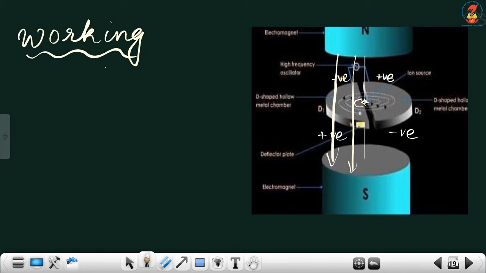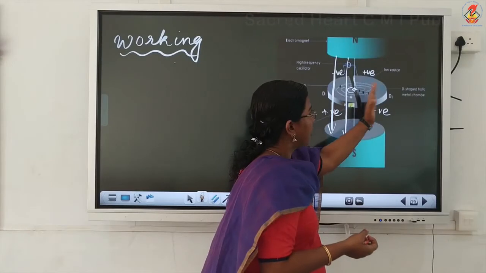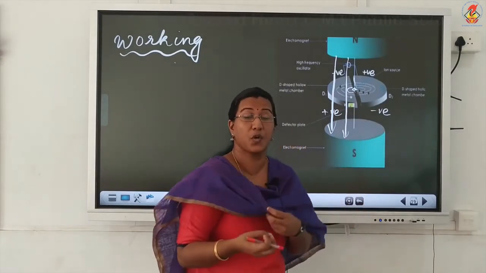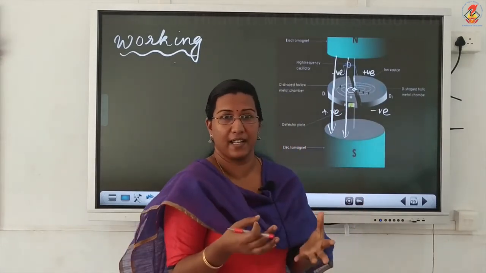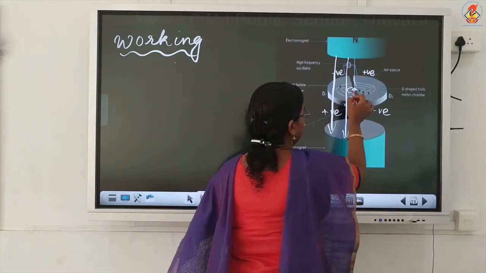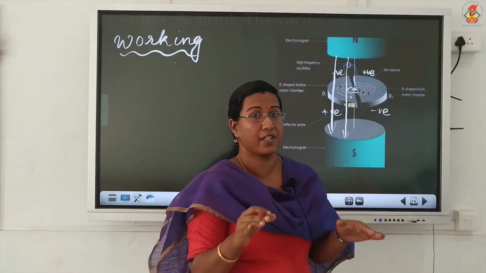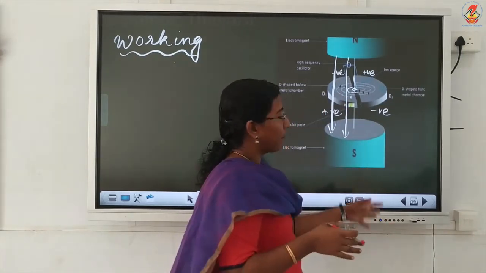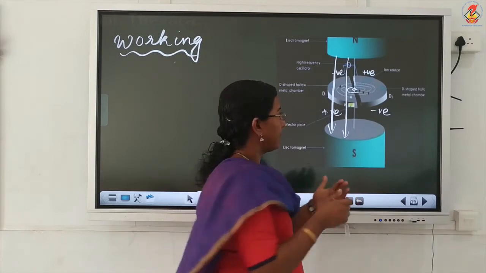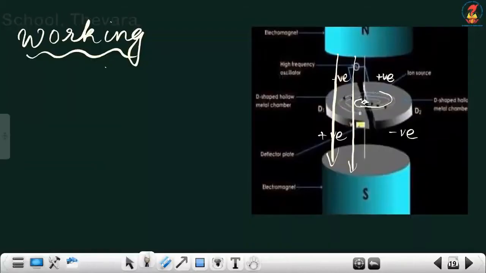Again, from D1 the particle gets attracted towards D2, and while it is passing from D1 to D2, it will be experiencing a force produced by the electric field. So, again the velocity will increase, and it will reach D2. There is electrostatic shielding, so no effect of the electric field, only the magnetic field is there, again perpendicular to the dee. So, it will again execute a circular path, and this process will keep on repeating